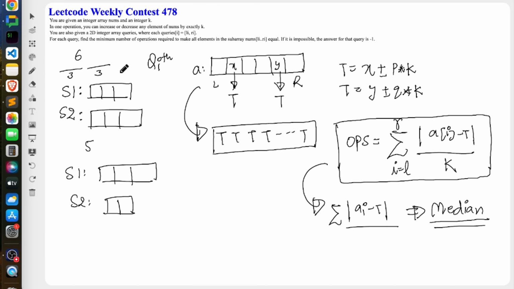Because in this situation, your median is always going to be this number. So what we can do is, for each subarray, convert it to multisets, and each multiset would contain